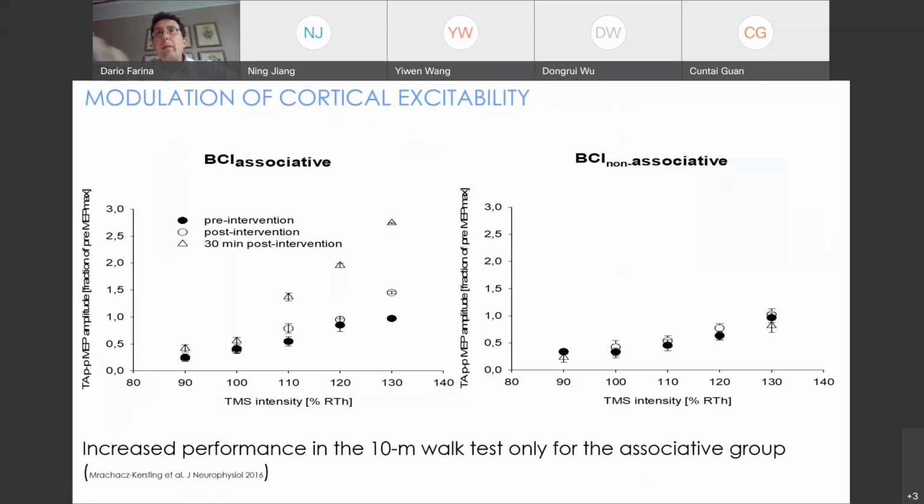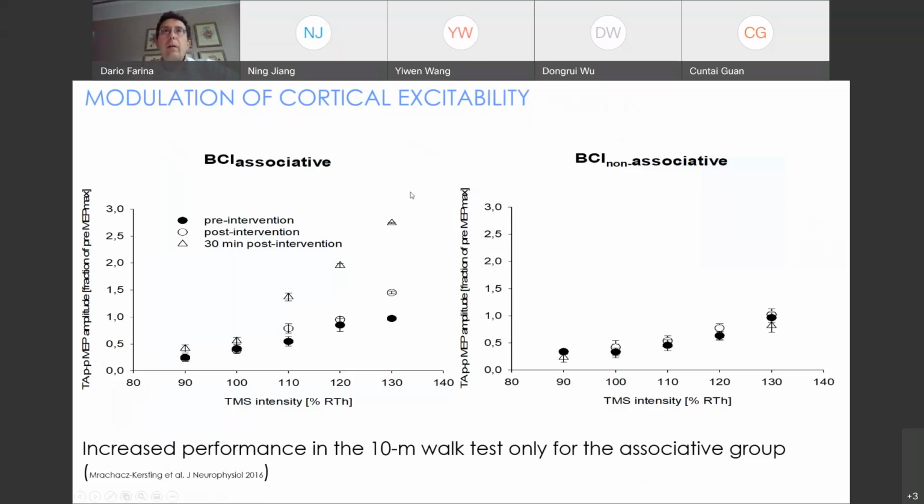And this was a very nice demonstration in a patient population, again, of the importance of timing in these interventions. And here you have to consider that between these two cases, we are talking of just a few hundred milliseconds difference. So this indicates how timing is crucial. In this study in chronic stroke patients, we also have preliminary indication that some clinical variables were also improving in the associative group. But we didn't go deep into the clinical outcome.